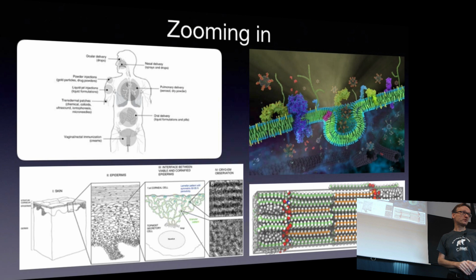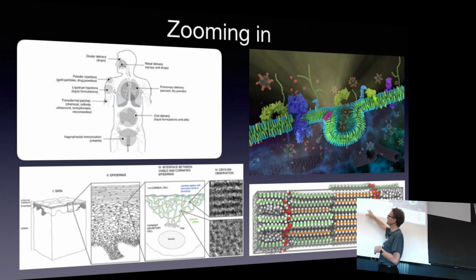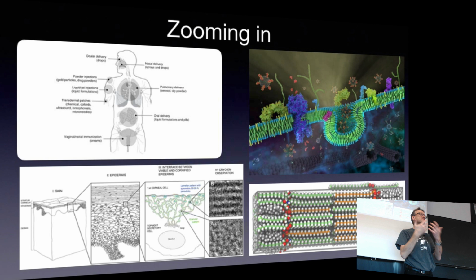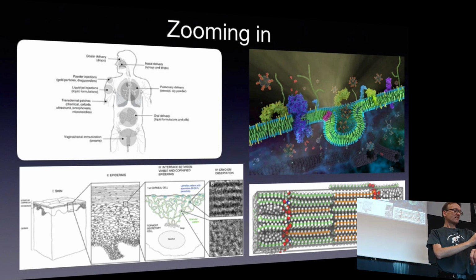Here too, you can use computer simulations. We have a bunch of people, 3 people in our lab, sitting and working on this together with a company, and they're trying to design computational models that really model exactly how the lipids look in these upper parts of your skin. And if we know how the lipids look in the upper parts of the skin, then you kind of understand what the properties of this barrier are. What is it that causes some drugs not to penetrate, but what causes other drugs to penetrate your skin?